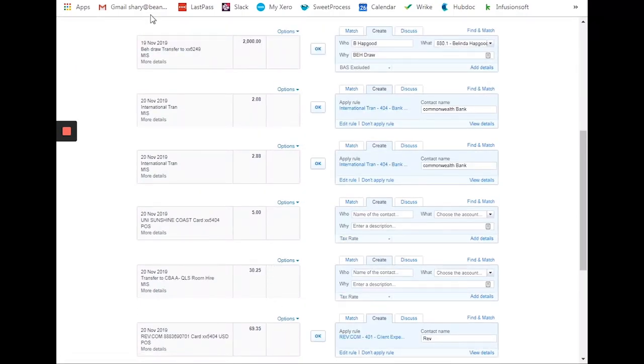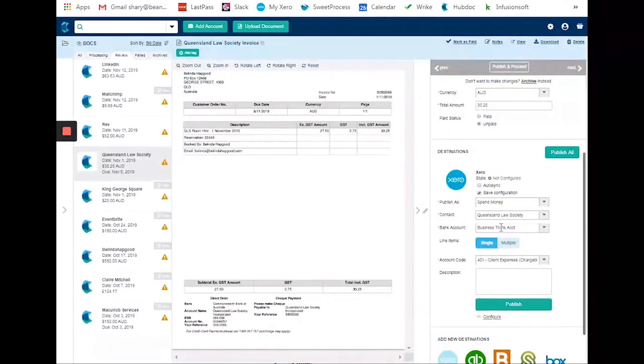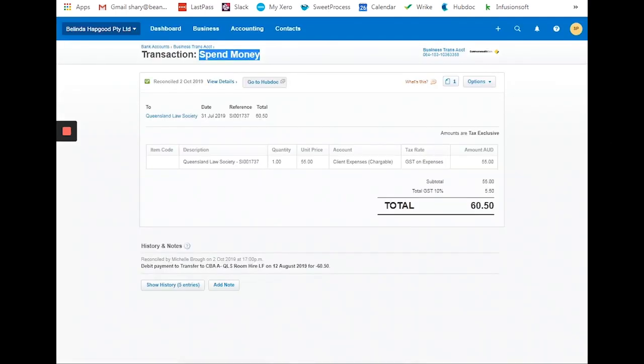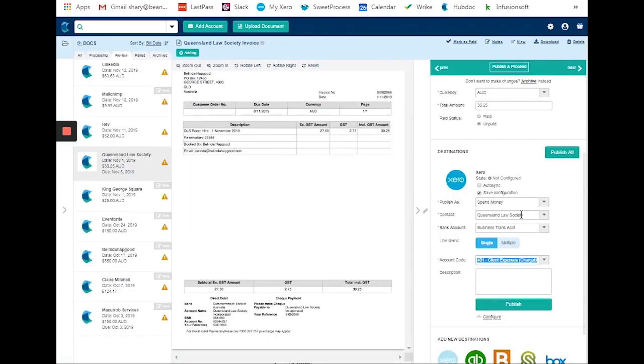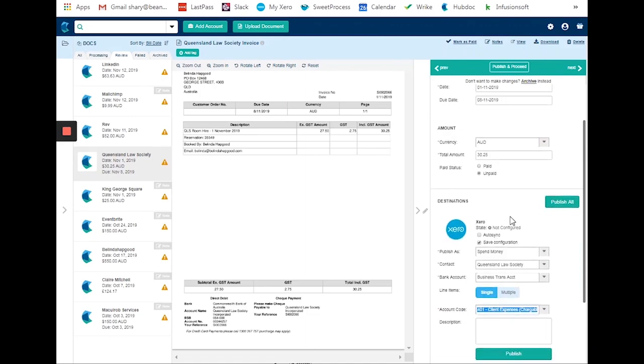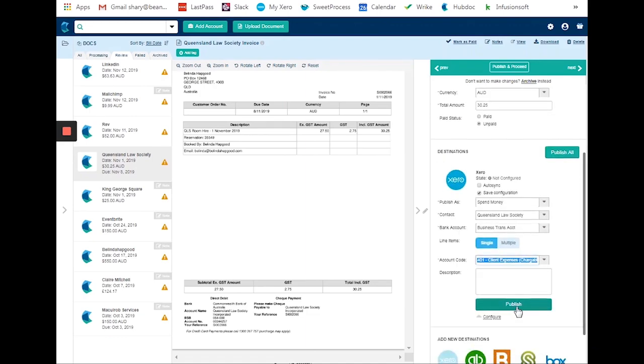Oh, there you go, that's correct. Business transaction account, and then account code 401, client expense chargeable, because it was previously coded as client expense chargeable. GST on expense for the tax rate, and then publish.